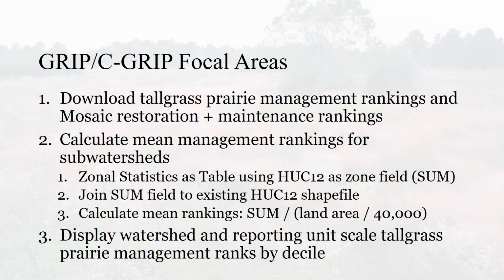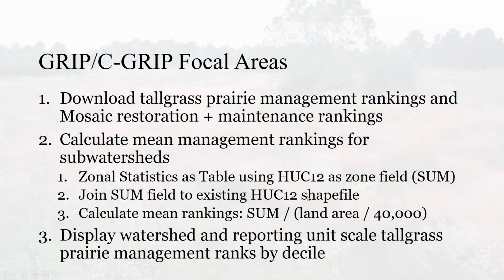We then calculated mean subwatershed rankings for this combined management ranking raster. Those rankings already exist for maintenance and restoration rankings separately, but not combined like this. So these three steps here are what we did to do that. It may seem like a lot, but it's not too much once you get used to it. Again, it's a zonal statistics approach. We create a table that just calculates the sum of each ranking for each subwatershed boundary. And then we join that sum field to an existing